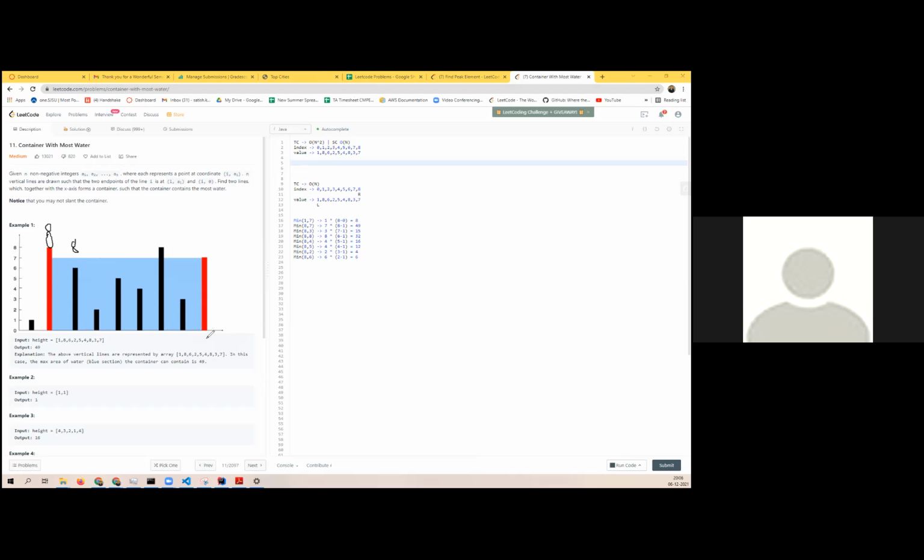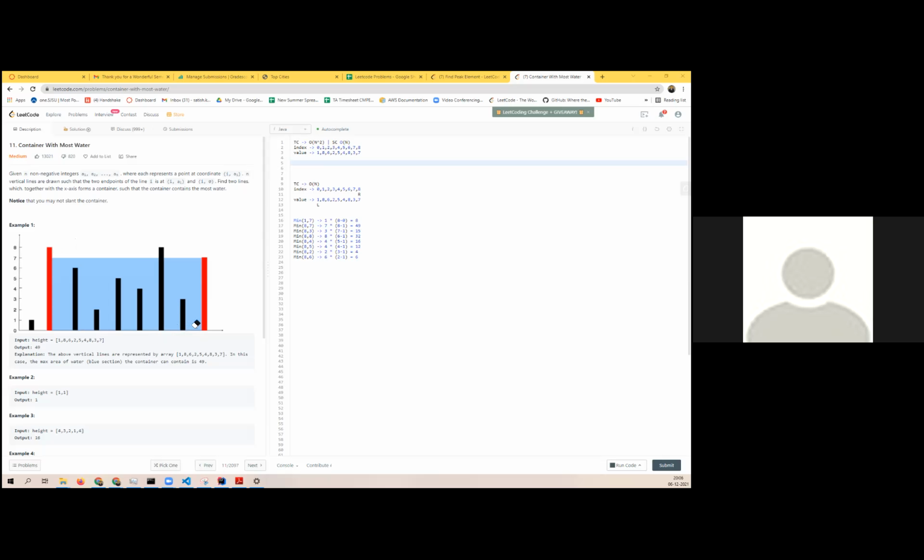What is the maximum towards right? It is nothing, so 0. Here it's 7. Here maximum to the right is 7. So this way we'll calculate, and we take the minimum out of the height towards left and to the right, and then we can calculate. I think that might work, but I haven't thought in that direction that you are saying. But okay, anyway, let's start thinking in the